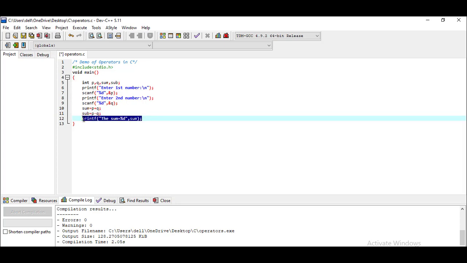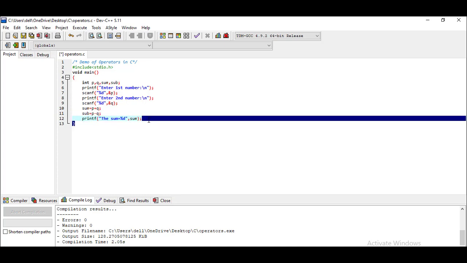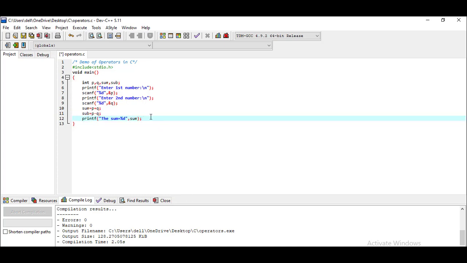Again I'm copying this line to save my time, so Ctrl+C to copy this, and here we have to paste using Ctrl+V, and here we have to write the subtraction, and the format is %d, and here I have to give the reference of the variable, say sub, and save the changes you have made to the program.